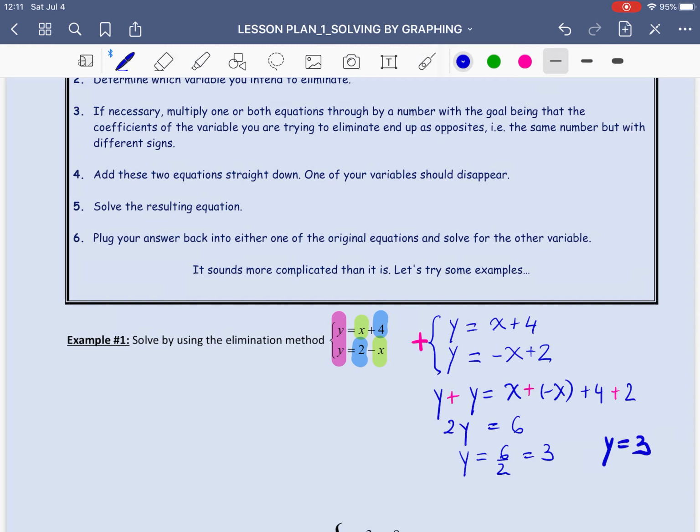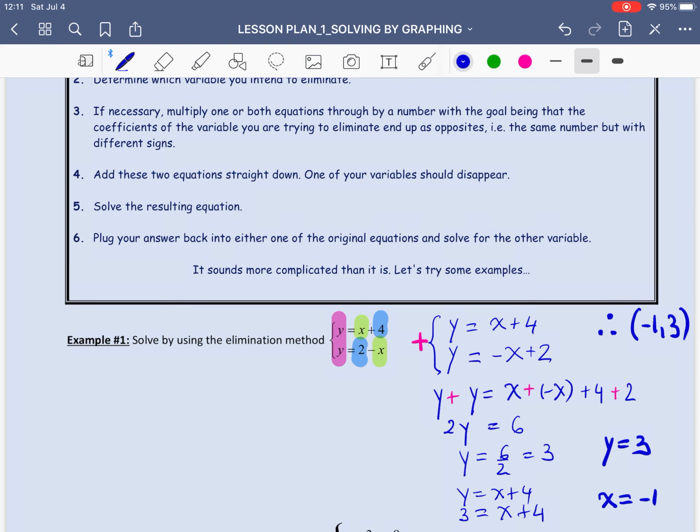How about x? Well, for x, we're going to do the same thing we did with the substitution method. We can either choose the first or the second equation to work with, and we substitute the value of y in either one, and that will help us find what x is. I'm going to choose the first equation, which is y equals x plus 4, and I will substitute y by 3, that's the value of y, and by solving this very simple linear equation, I have figured out here that x must equal negative 1. Therefore, we're going to say that the solution to this system of equations would be x negative 1